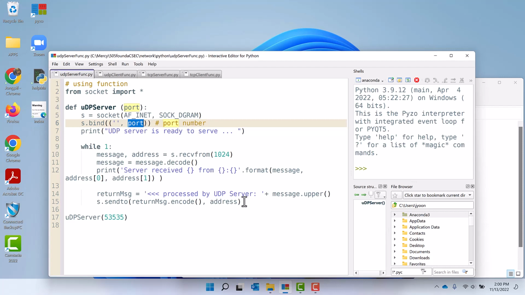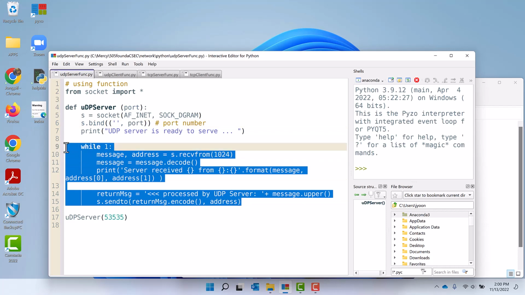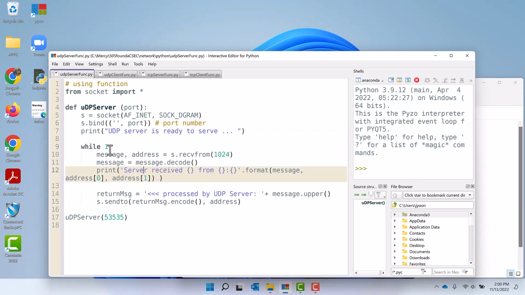And then we have a while loop. This while loop goes forever. While 1 means true, so it is always true. So the inside of this while loop runs always. First, this UDP server socket